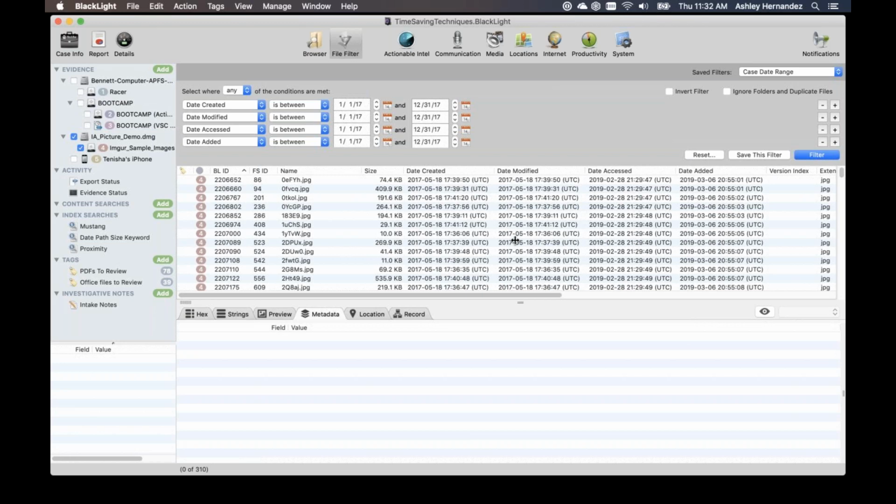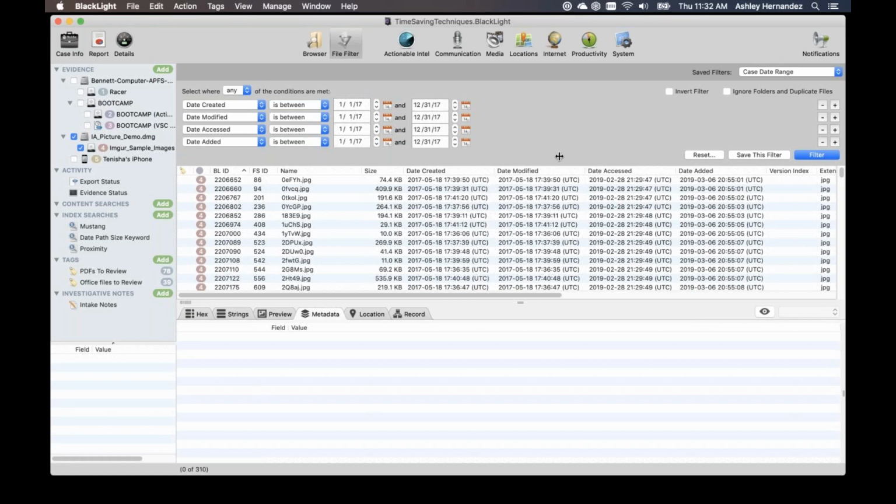So if I were to narrow down this, I might create a logical evidence file of it, but, oh, well, I ran it on a small evidence set. So it only had dates in this particular range. I could choose to tag these and say, okay, these are just the files within this date range. And then I can add additional filtering to that if I want. I think that was part of the question.